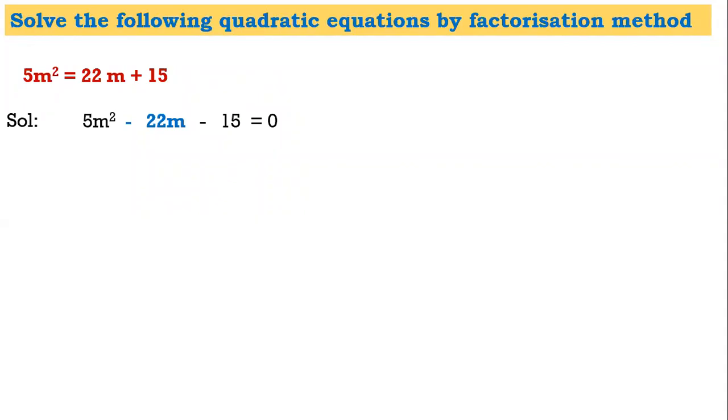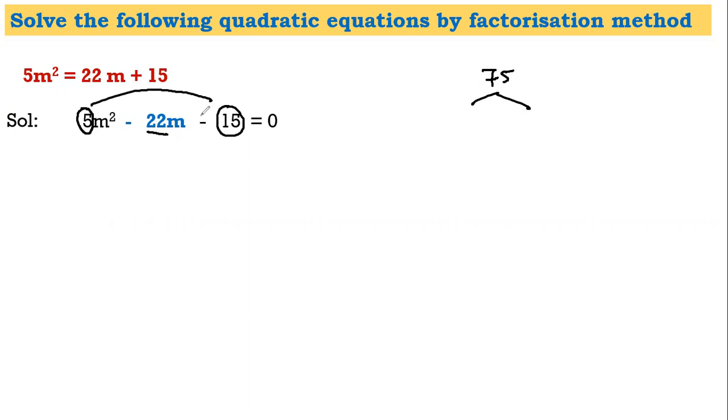As I told you, before we proceed ahead with the second step or anything else, just make sure that the first term is always positive so that our rules fit in. Now we'll just take the coefficients without their sign. Here we have 5, here we have 15. The second step is A into C, and 15 fives are 75.